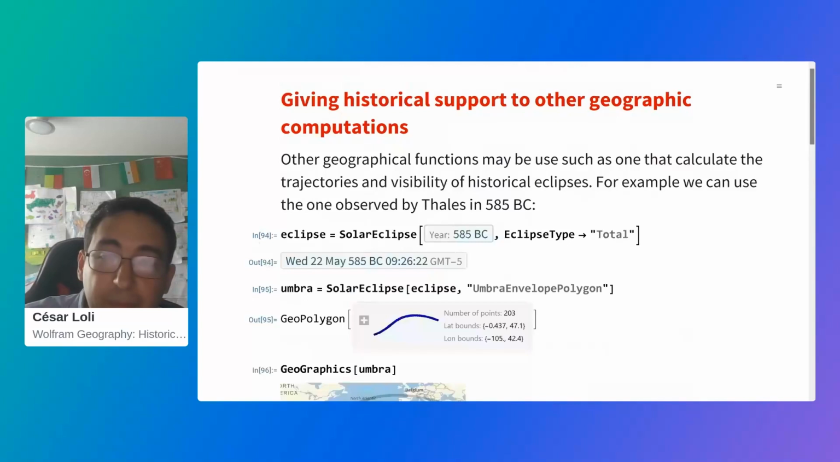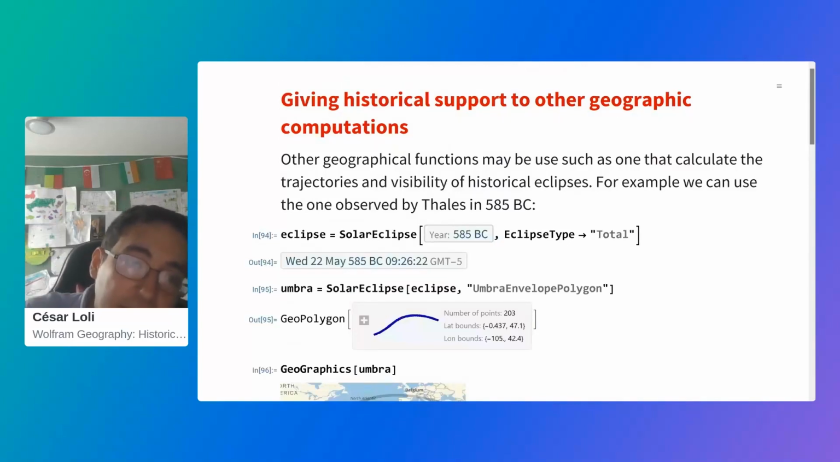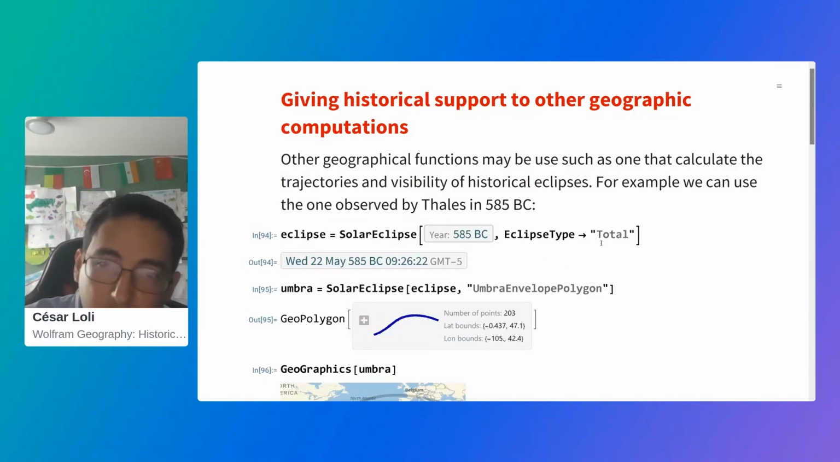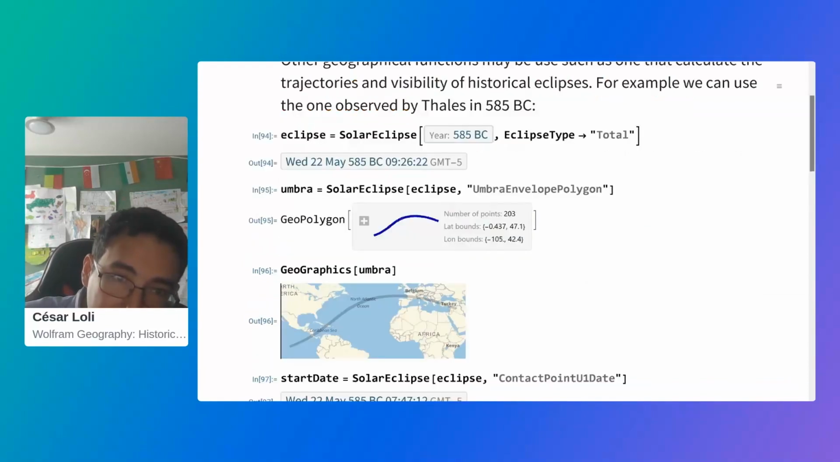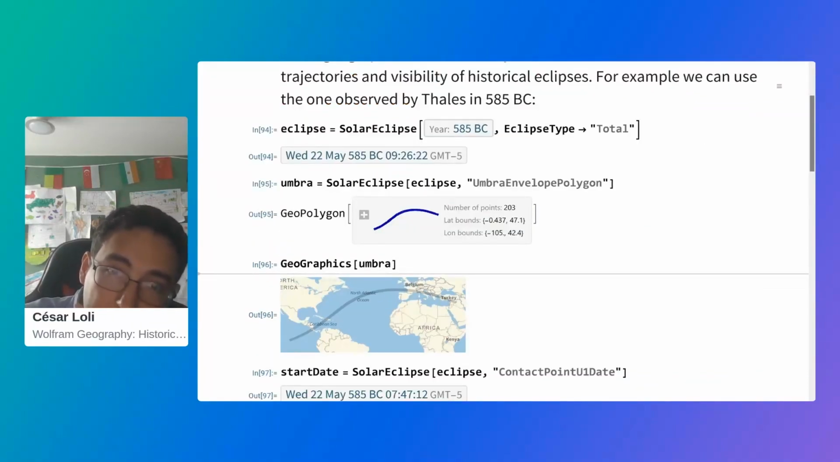Another possible interesting use is, for instance, with the information we have on solar eclipses. Remember the famous eclipse predicted by Thales in the year 585 BC? We can, with our functions in the Wolfram language, calculate which was the path of the eclipse, where it was seen,